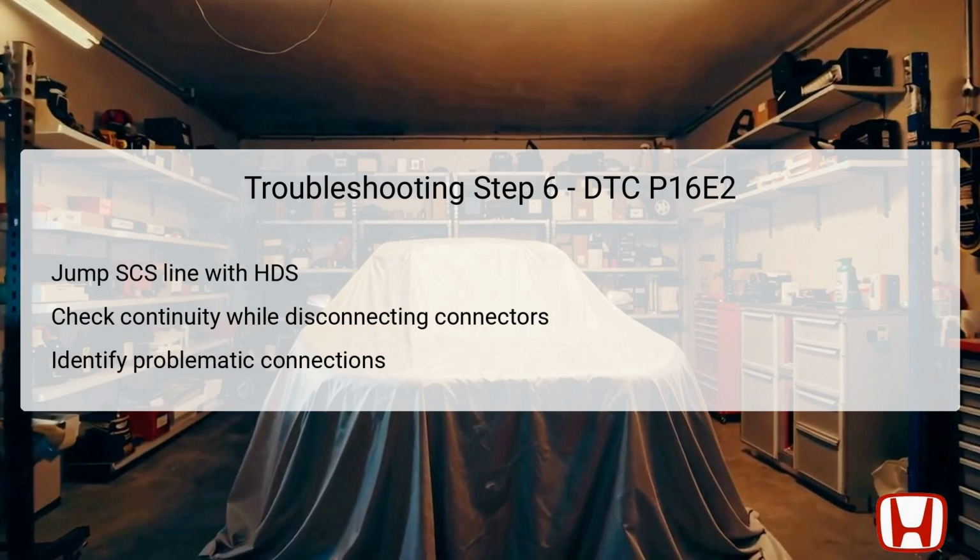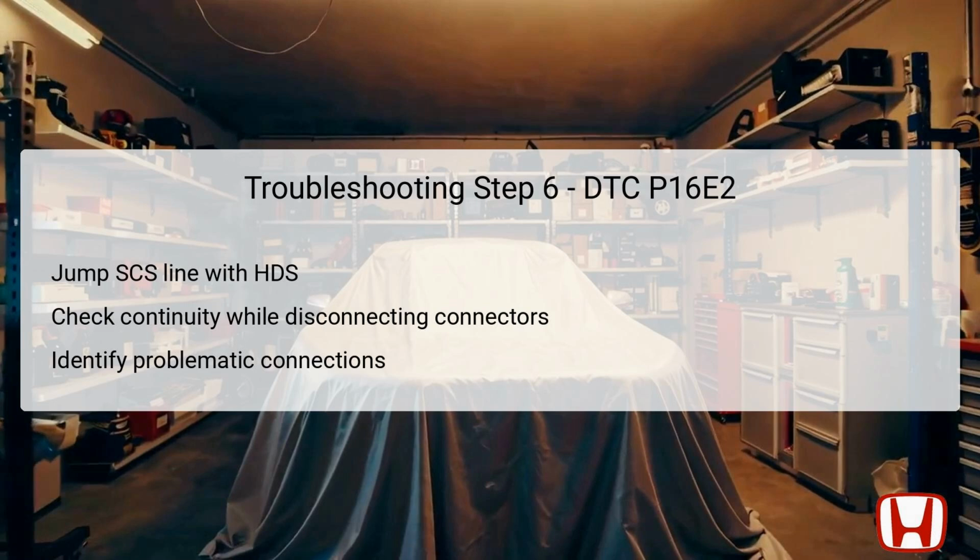Using the HDS, jump the SCS line, which stands for Shorting Connector System, and wait for over a minute to reset the system. After this, check for continuity between the alternator 1P connector terminal and the body ground while sequentially disconnecting the PCM connector A, the 12-volt battery sensor 2P connector, the upper and lower shutter grille connectors, and the DC-DC converter connector. This method allows pinpointing where the continuity fails, indicating a potential area of concern in the LIN